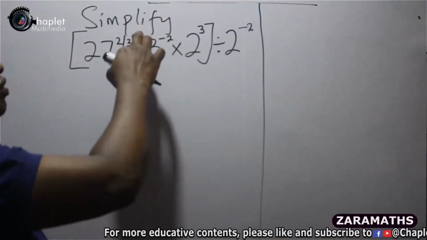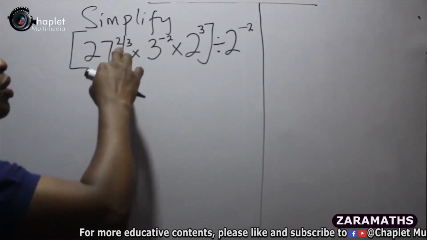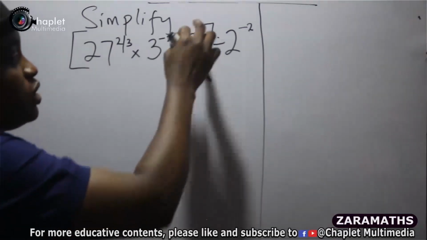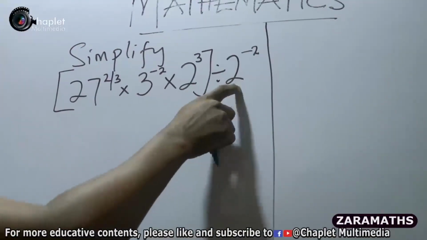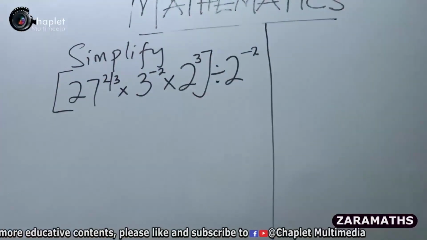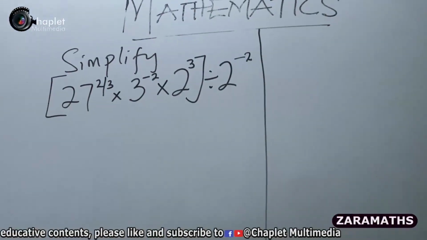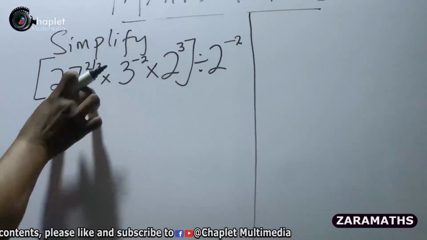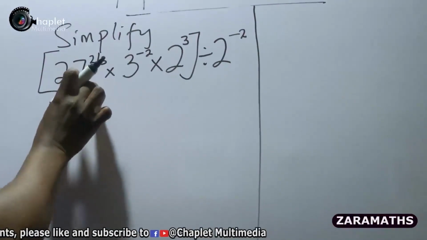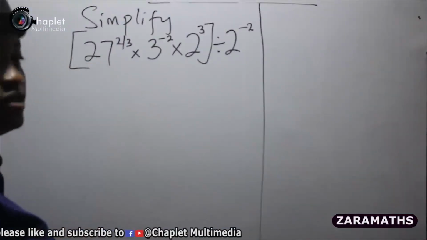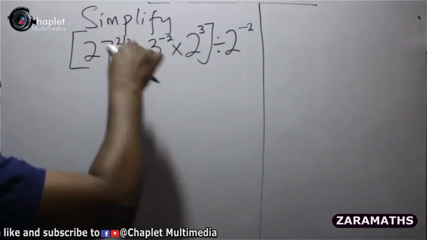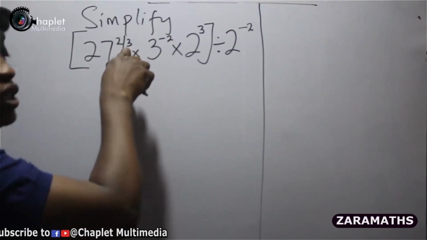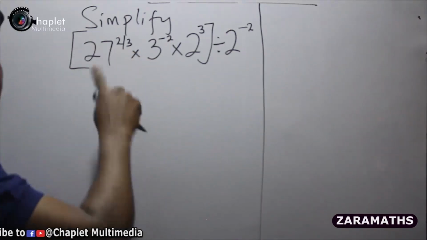Here we are asked to simplify 27 raised to the power of 2 over 3, times 3 raised to the power minus 2, times 2 raised to the power 3, all divided by 2 raised to the power minus 2. We can use various methods to solve, but here I'll be applying the fractional index. The fractional index states that you find the root of the denominator of the fraction and you raise the power